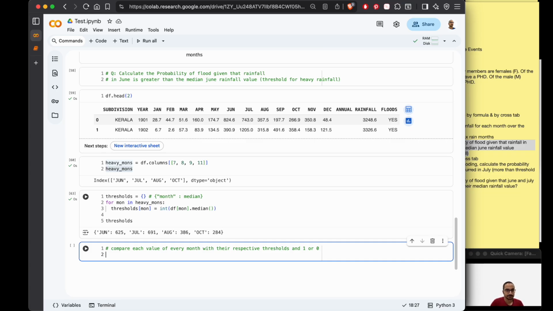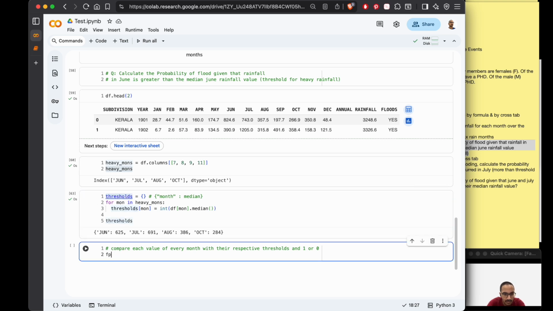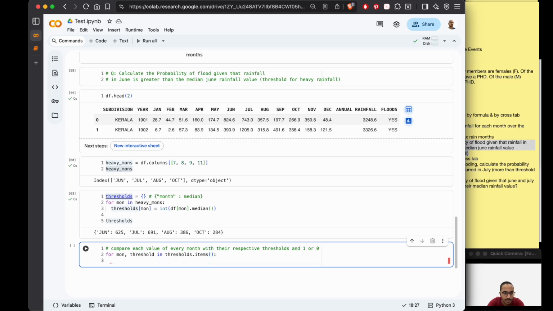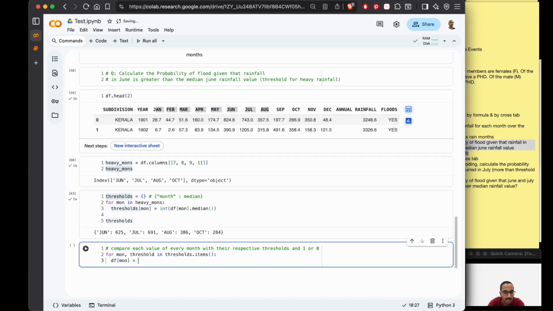So what we'll do is, let's see, I will take my thresholds for month and threshold in, I'm iterating over the items of this map, and I will set the values. So I will directly set the values in the data frame. So df month, which is the column names, right? These are the column names. I'm setting the column name, and I'm assigning,